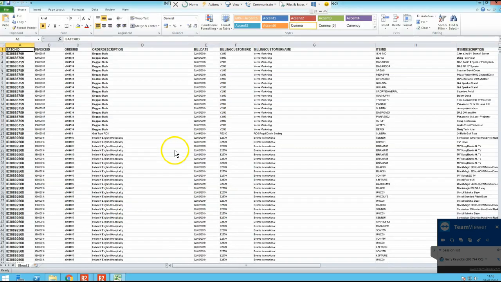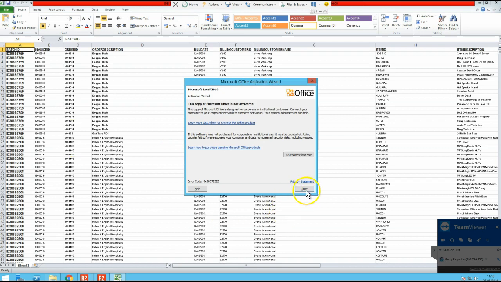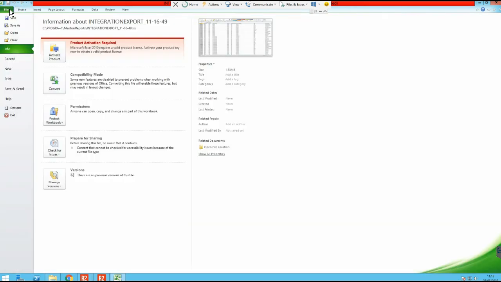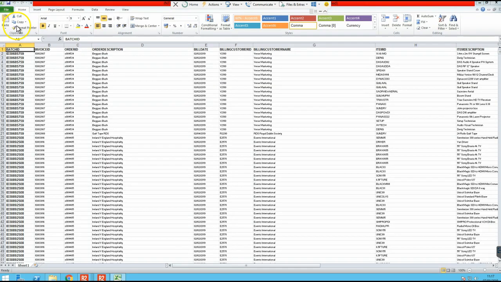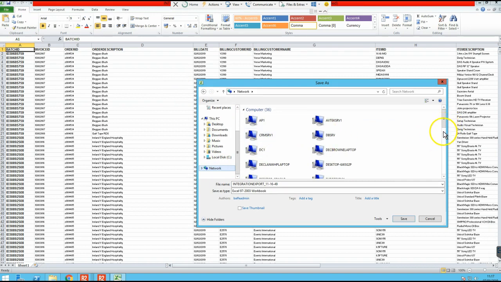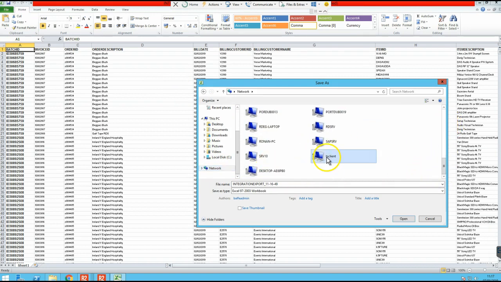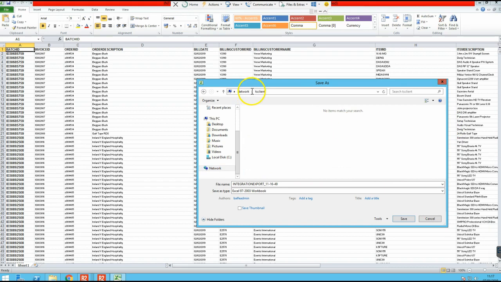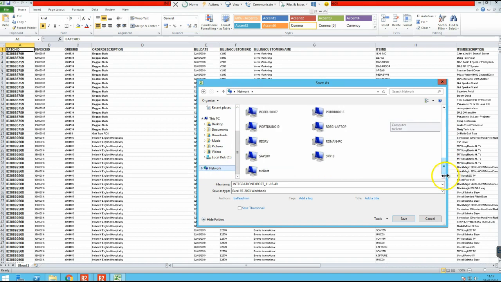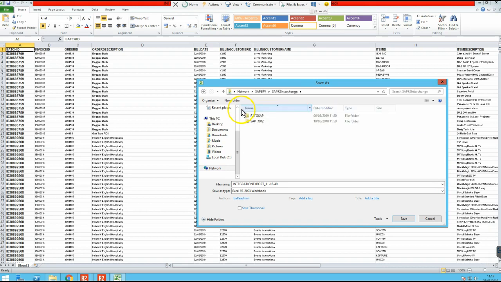Because of the volume of data, that may take a few seconds, and now it's successfully opened in Microsoft Excel. We now want to save this file into a specific location. So we just go File, Save As, and if I browse then to the network, I find SAP SRV. Sorry, that wasn't it. So SAP SRV, SAP to interchange, R2 to SAP,